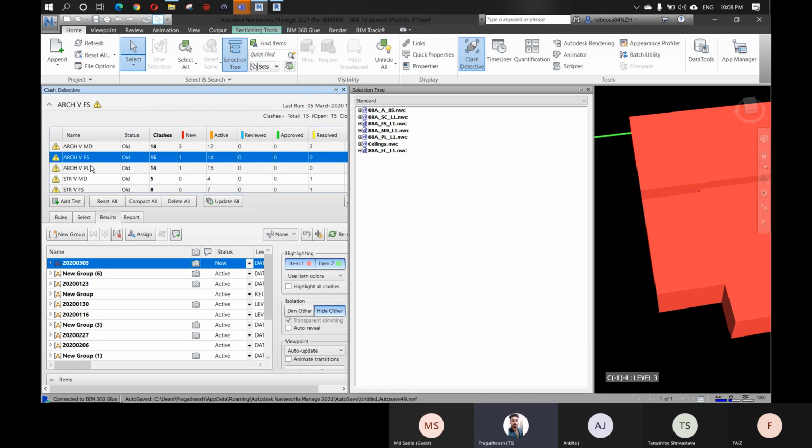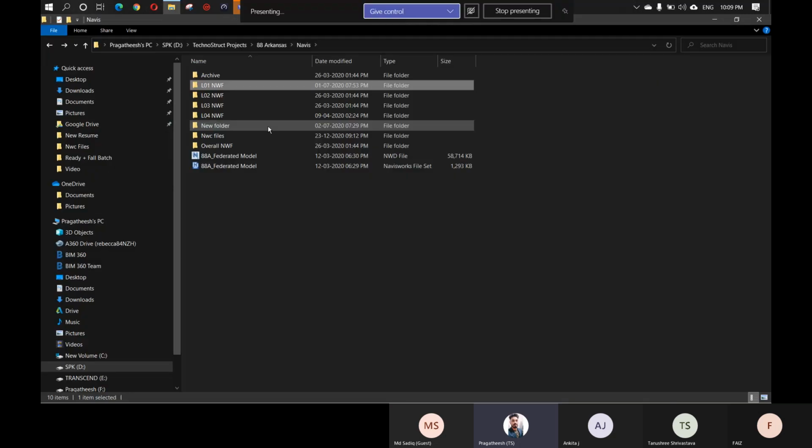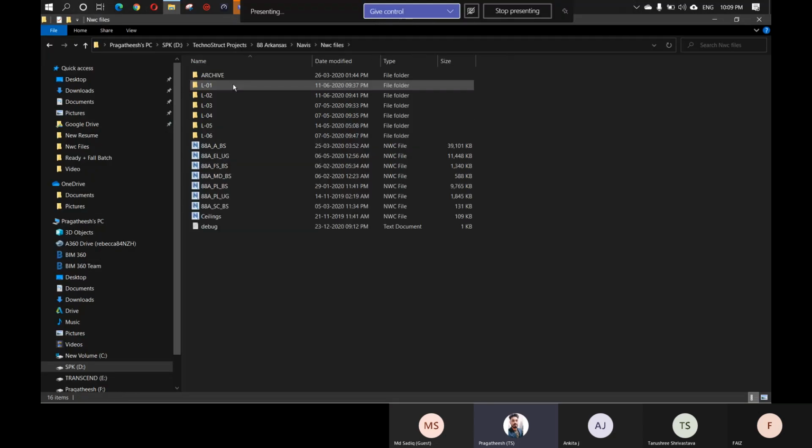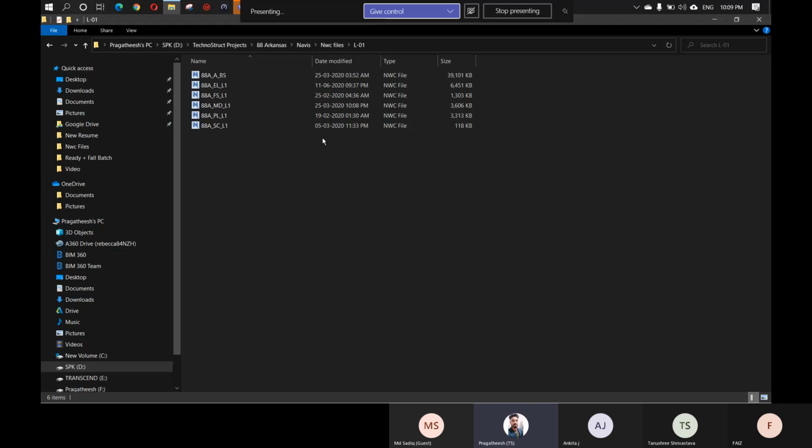So there will be a change in the model, right? So we want the latest Navisworks files from the other stakeholders. We will have a common data environment in the cloud, so everyone will be uploading their latest NWC files, and we can access them. Once we download all these NWC files, you have to paste them in the exact path which we have stored already. Because as I said, the NWF file will just read the path of these files. So you have to replace them with the same name in these folders.